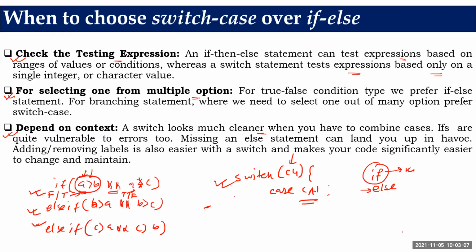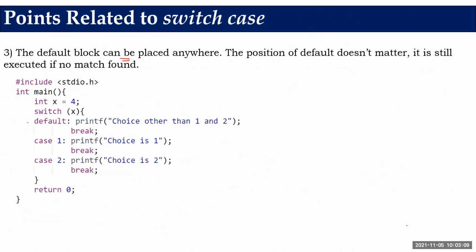But here, look at this point I want to highlight. The default block can be placed anywhere, but normally why should I put it anywhere? You know, C programming can do anything, simple answer. So we should not do whatever C is doing, but we should follow the rules. Rules tell that put it at the end. In this case, there is no error. It is okay. But see here, program readability and the meaning of the program is totally different now.